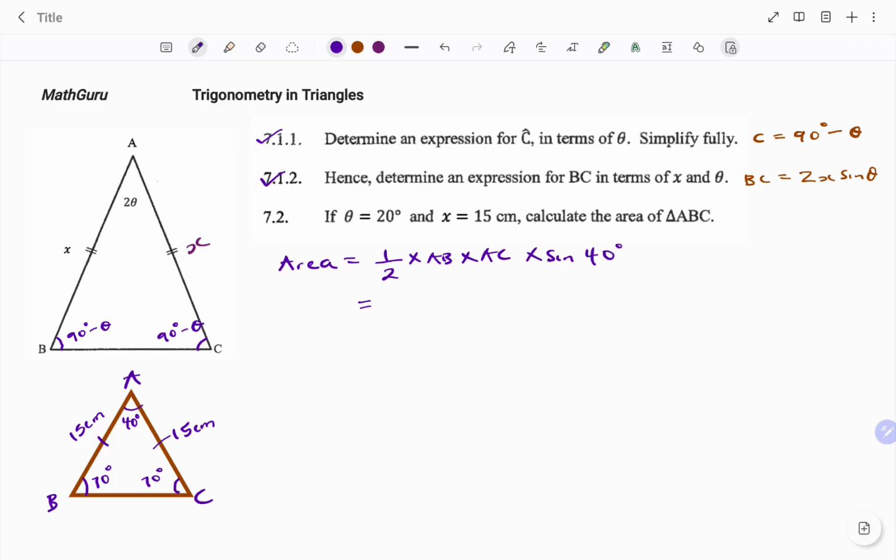So that's going to be half times 15 centimeters times sine of angle 40 degrees. And that's equal to